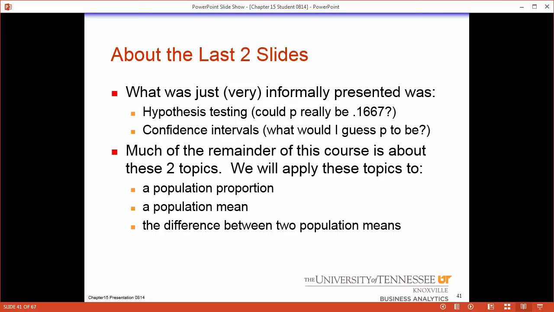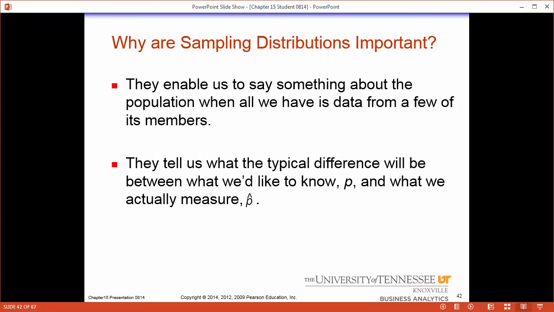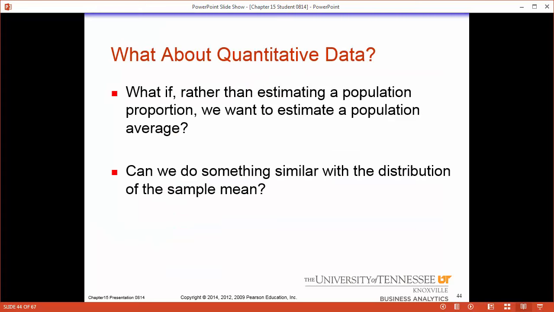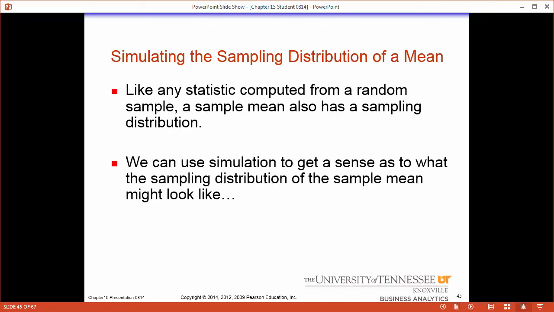Go over this example. A lot of these examples so far have been really the math you need to understand to get this down. And we're going to now talk about this same topic and use means next. Because when we do this with means, we're going to see the exact same idea here. We're going to know a population mean, and then we're going to see what's called the central limit theorem. So let's do this with quantitative data where we're doing it with a mean. So we can compute from a random sample here and have a sampling distribution.